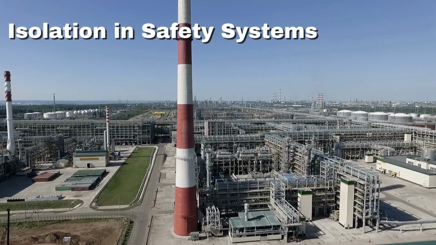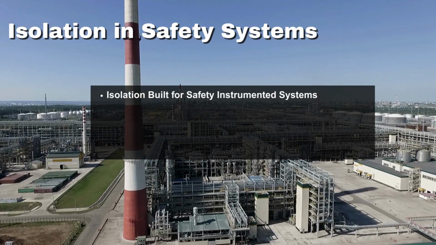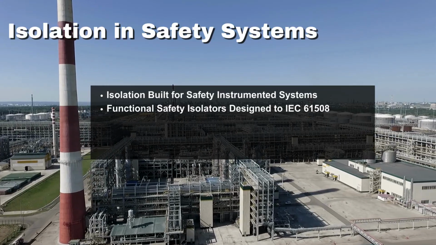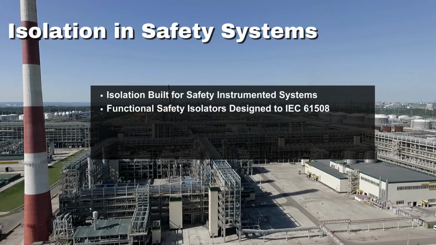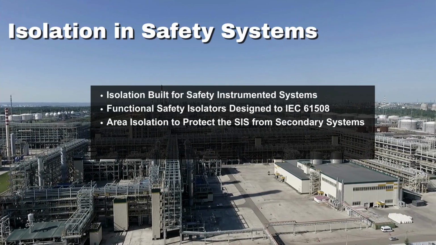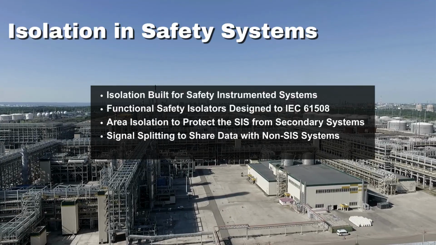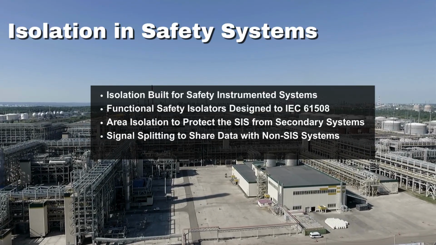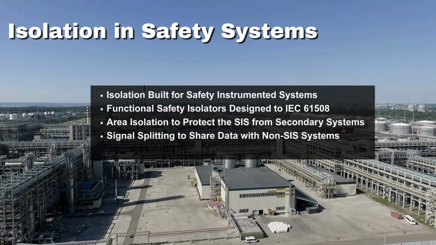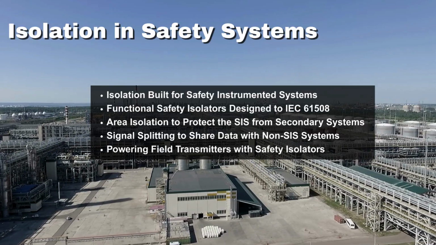In Part 6, we shift our focus to one of the most critical applications for signal isolators: safety instrumented systems. We'll explore key functional roles that safety isolators play in these safety-critical environments. First, we'll look at how area isolation protects your safety instrumented system from your basic process control system and other secondary systems. Then we'll cover how safety splitters allow process signals to be safely shared with non-SIS systems without compromising the safety loop. Finally, we'll look at how functional safety isolators can power field transmitters directly, simplifying wiring and reducing